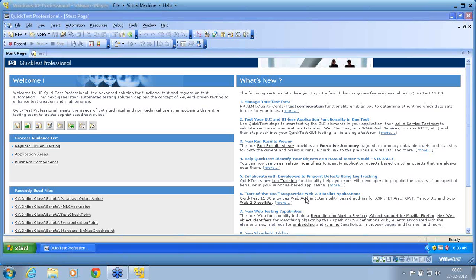Let's start with database checkpoint. Before I start database checkpoint, the prerequisite is we should know which is the database that